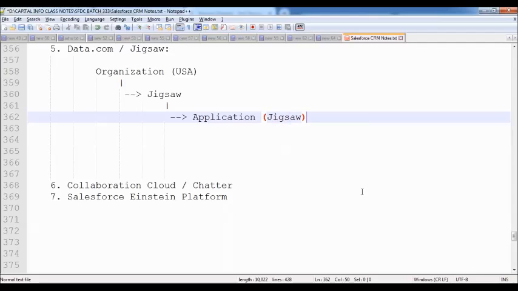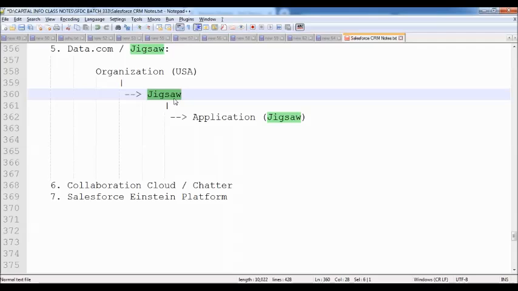The name of the organization and the name of the application are the same. This company uses a software also called Jigsaw.